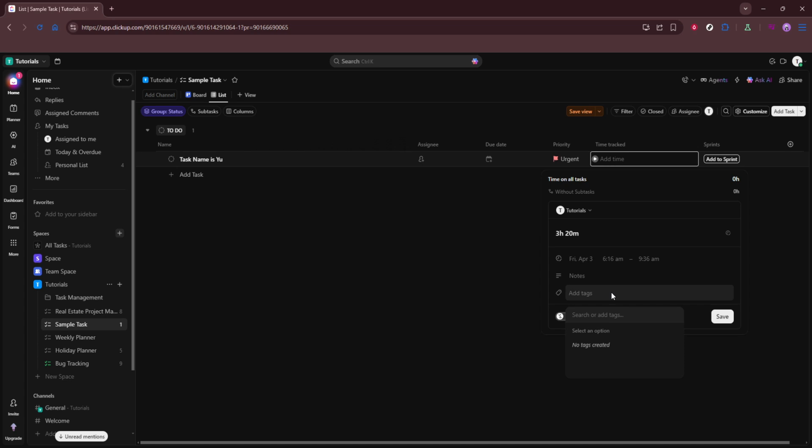Double check the task is correct, the duration is realistic, and the billable toggle matches your policy. If you split your day across multiple tasks,